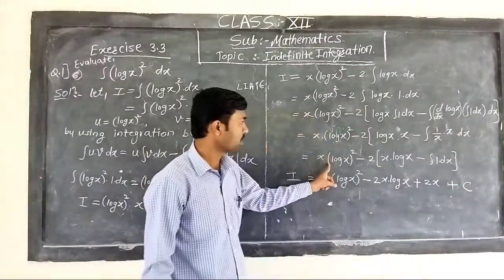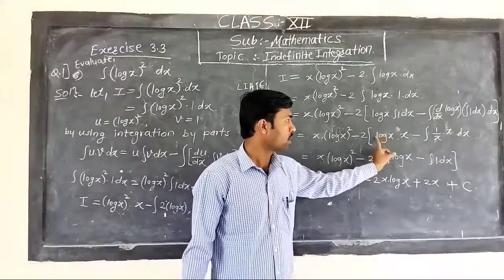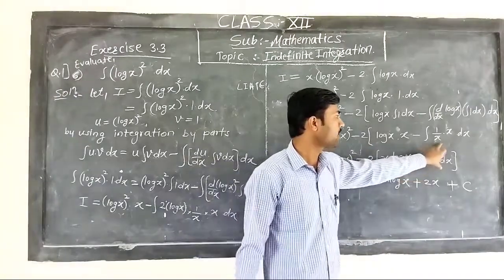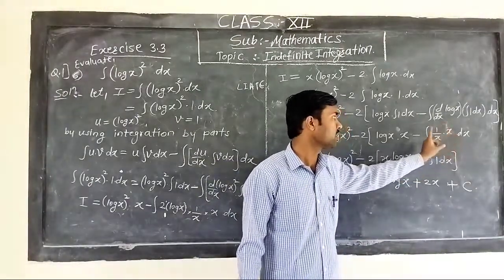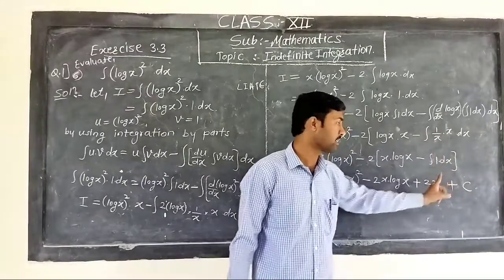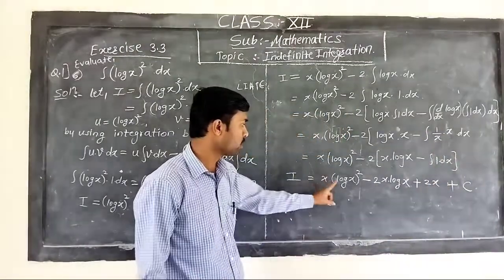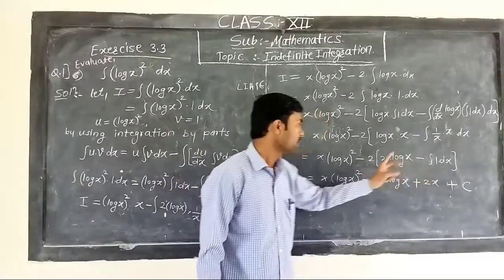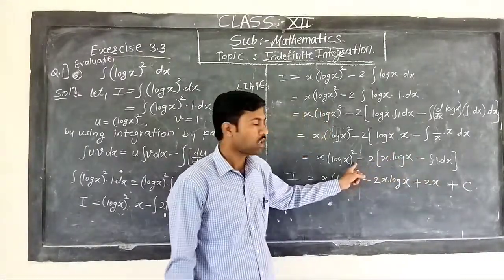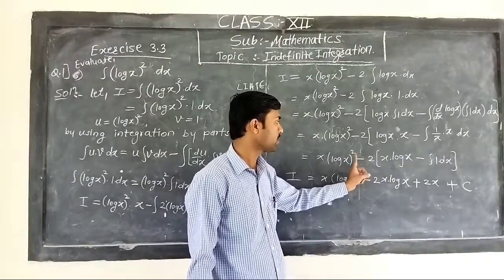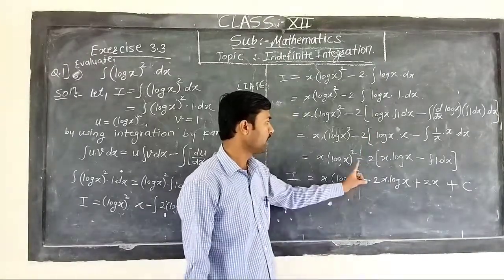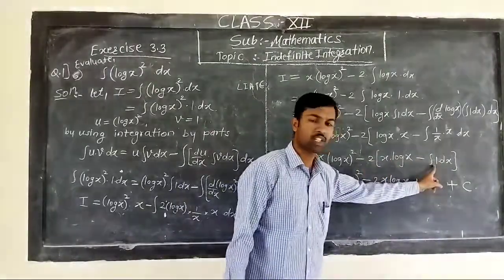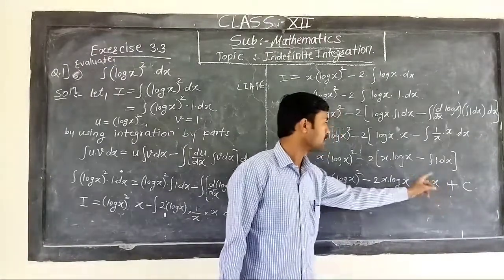Then this term remains as it is. Minus 2 into log x into x, I can write, denominator x gets cancelled with numerator x, then the term that remains is integration of 1 dx. And after solving this, we will get x into log x whole bracket square, minus 2 in multiplication with the bracket. So I multiply this minus 2 through the bracket, then it will be minus 2 into x log x, minus into minus plus 2 into integration of 1 dx, that is x.